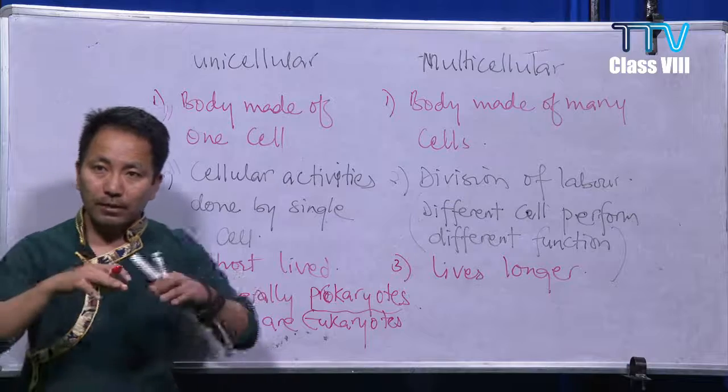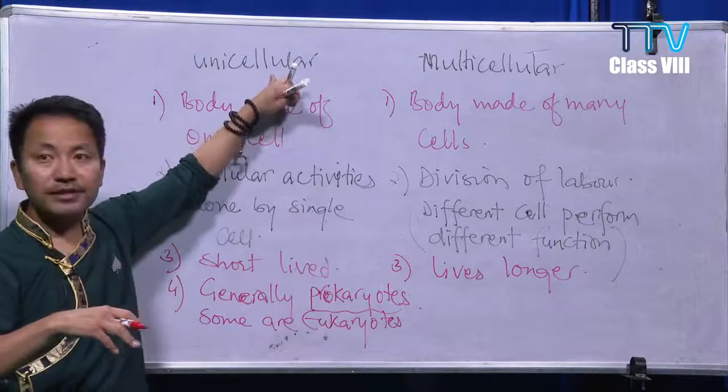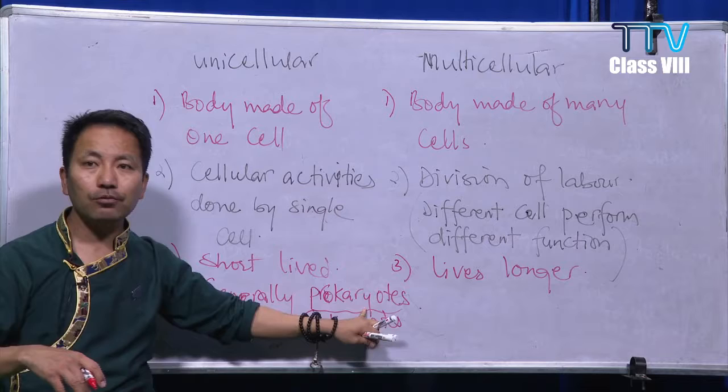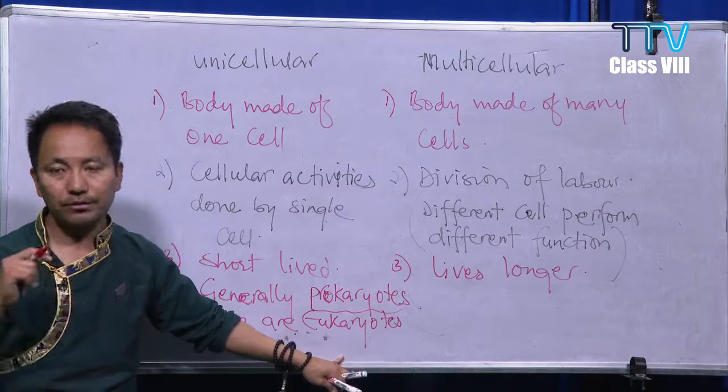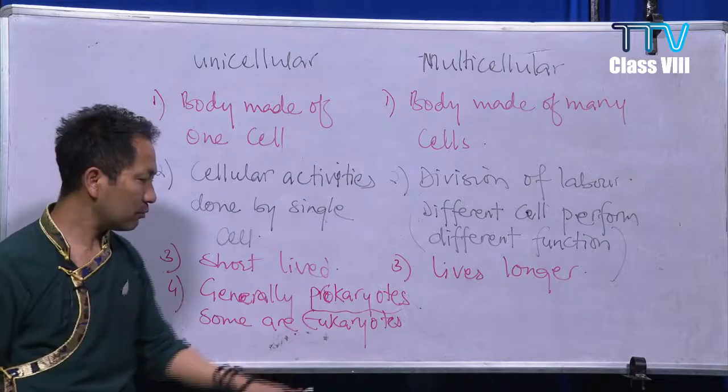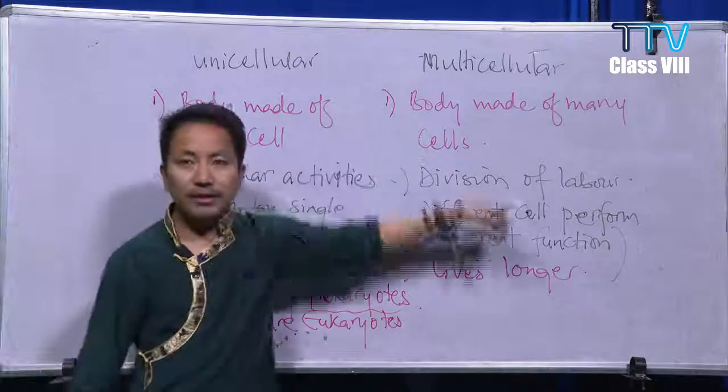So unicellular organisms are generally prokaryotes, but there are some examples of eukaryotes also. Some are eukaryotes also. This way, multicellular,